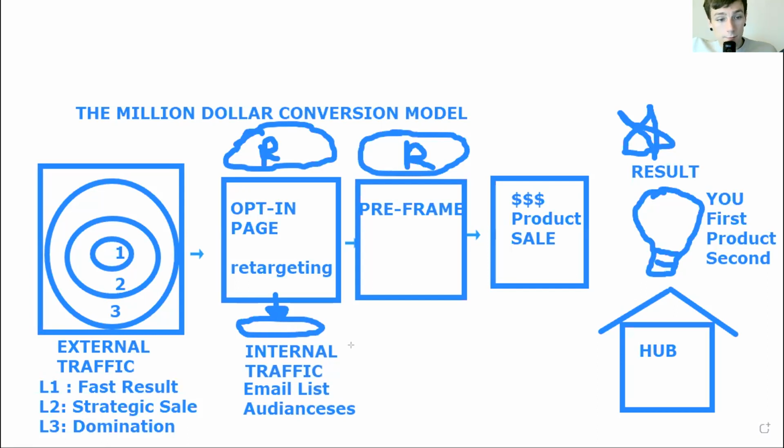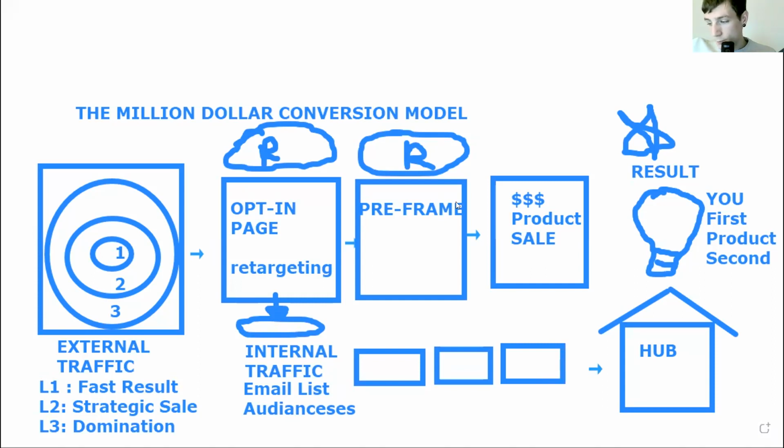Once you collect the email, you can send little emails going back to your hub. So these are supposed to be little emails, and you take them home here, and then you can also take them back up to the products, which is pretty cool. So this is the $1 million conversion model. And whenever you implement this, I've seen personally that people come back to this hub.